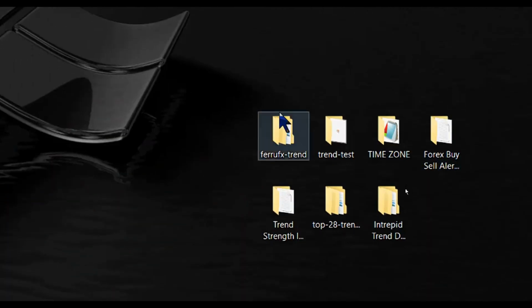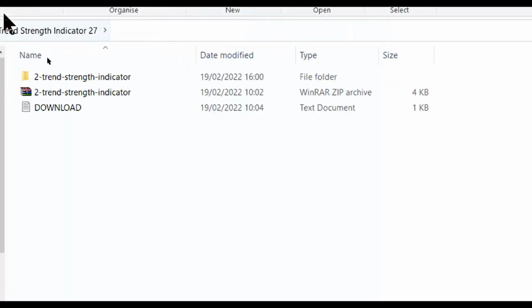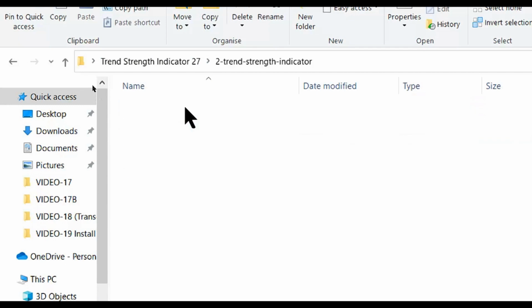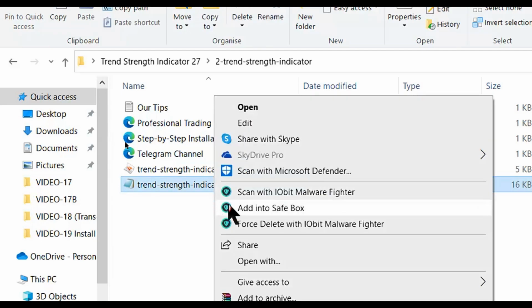Right, we've done this one. So let's move that one slightly out of the way. And the next one, I'm going to do this one. Let's go up here, and after extraction or unzipping, you get this, and then this is just an EX4 file, which is good. We don't have to compile or convert it. So just click on that, copy,